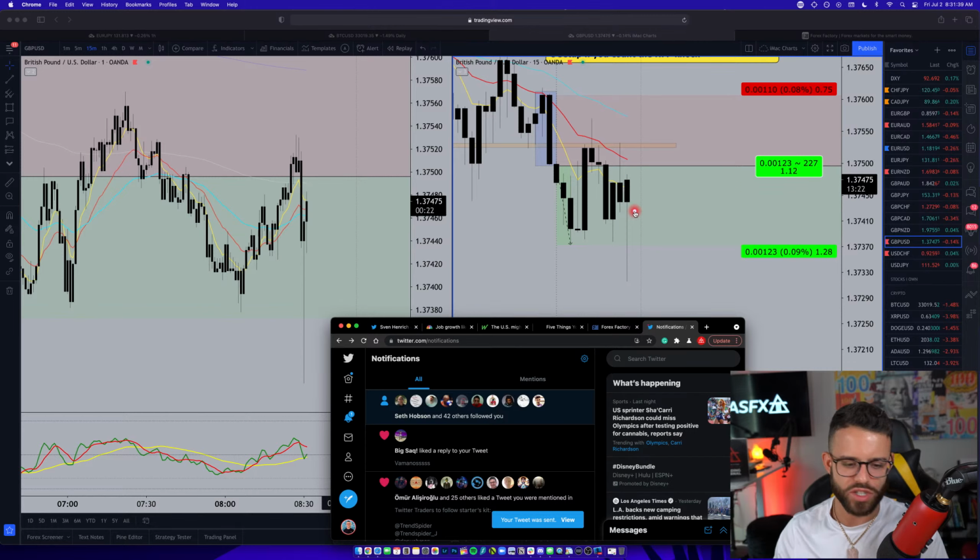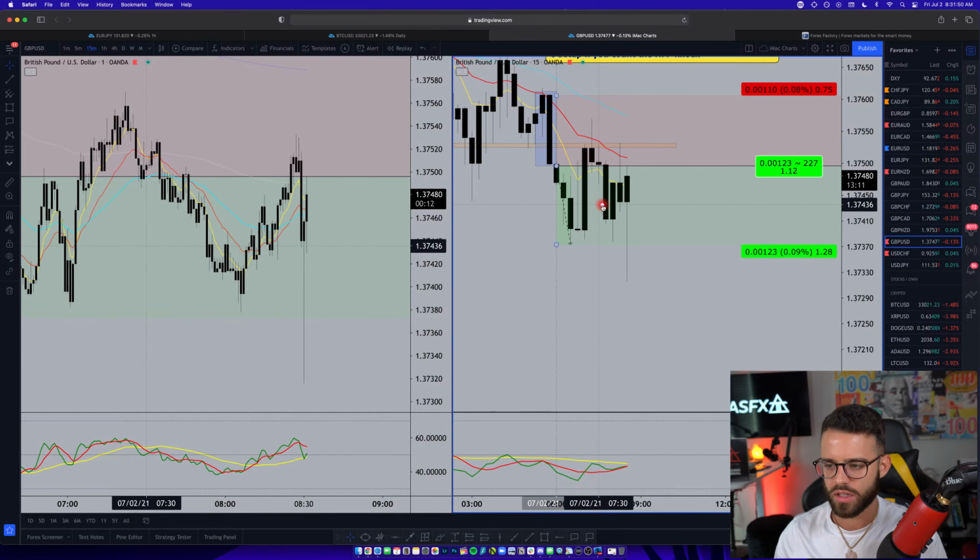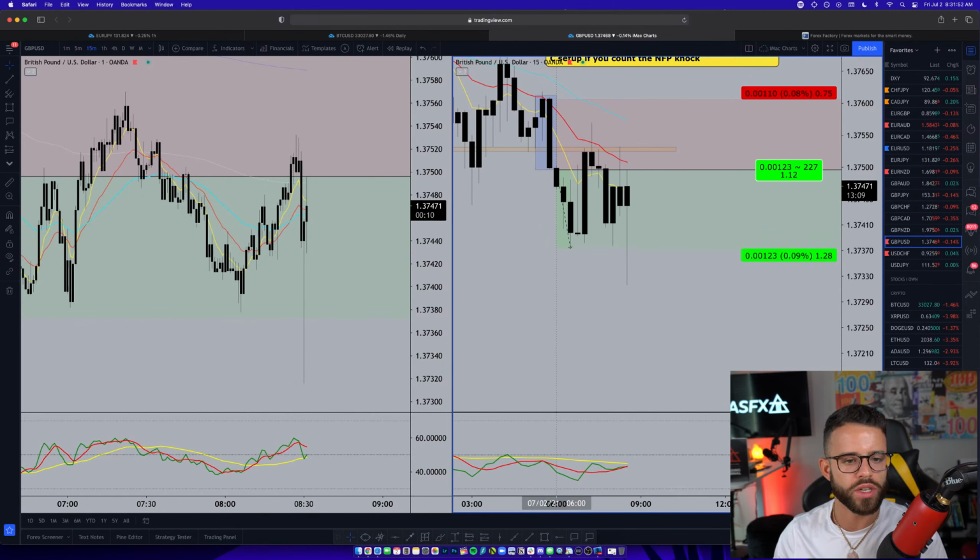There's the pin. This is what I'm saying. It can be very volatile. It can be very tricky with news. So let's see. We've got 100 people on here live. Thumbs up if you're watching your spread, if you're watching this NFP come in. Look at the volatility there. Who saw their spread open up? Tell me what it is. If you saw it open up, how big did your spread get?